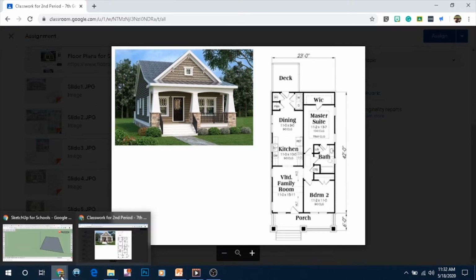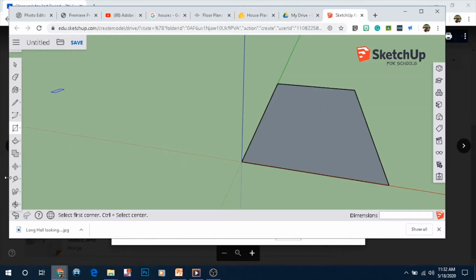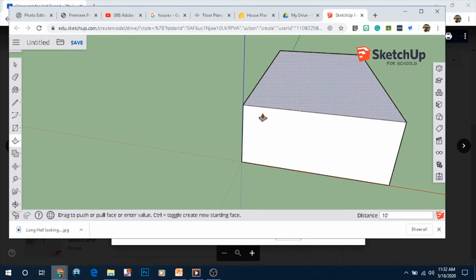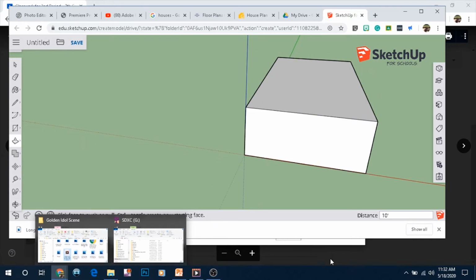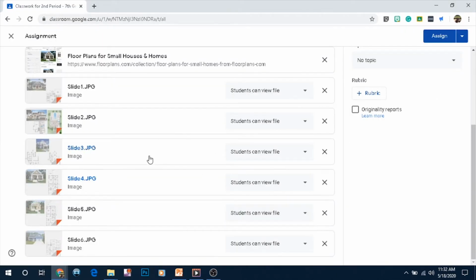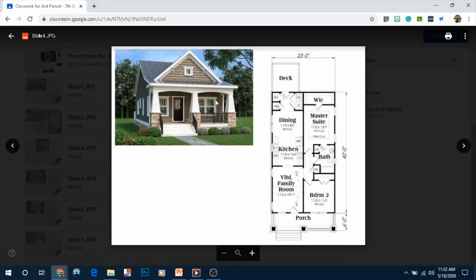So let me go back to my SketchUp. Now use my push-pull. I'm going to lift this up 10 feet. Okay. Let's go back here. Oh, it keeps closing out on me. All right, so then,